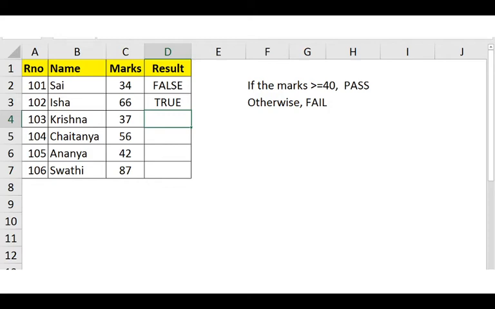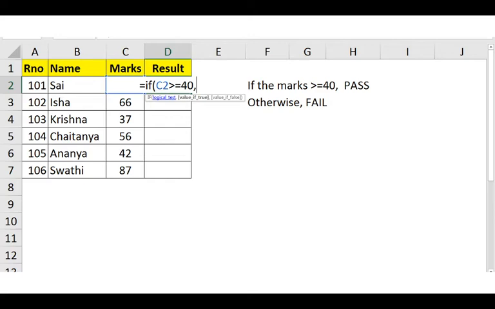But here I don't want to display true or false. I want to display pass or fail. So in that case, if you want to display some values as per requirement, then we'll be using the IF condition. So we'll write is equal to IF. If you observe, there are three parameters here. The first parameter is logical test, where we will write the condition. So we wrote the condition now. Now the second parameter is optional. Second and third parameters both are optional.